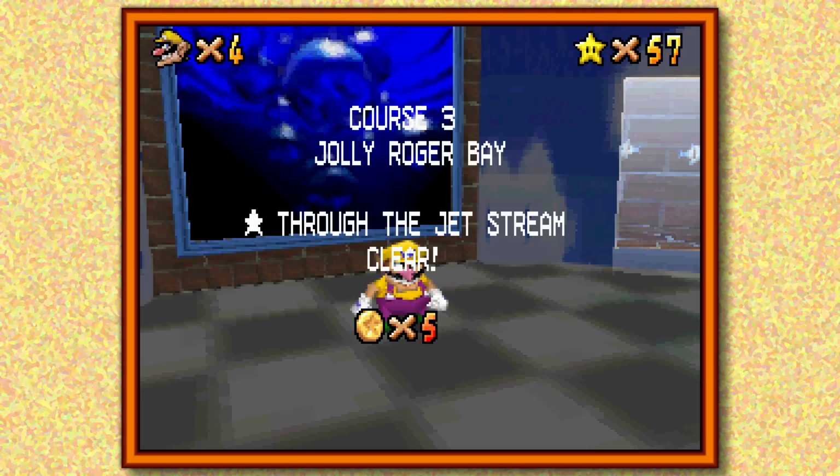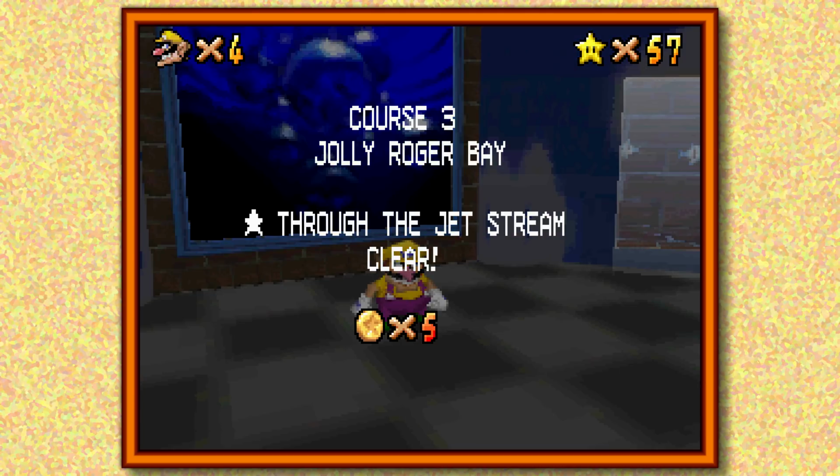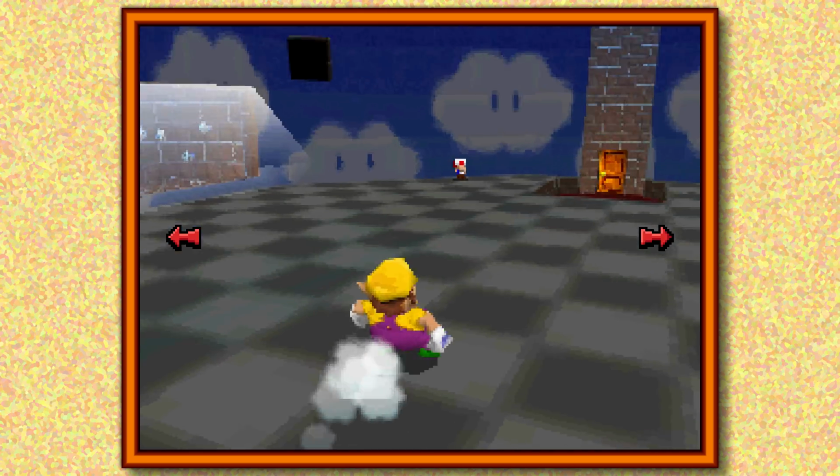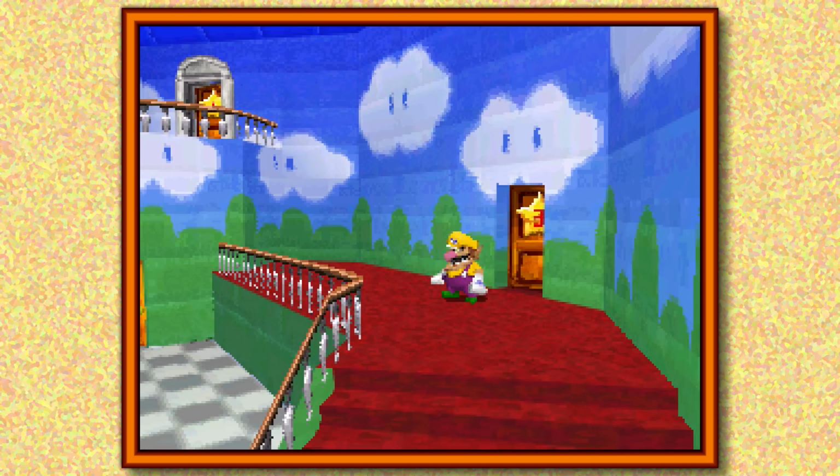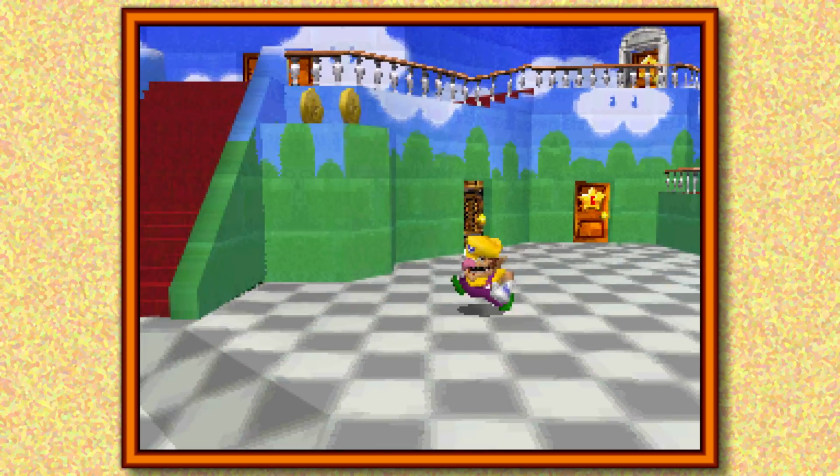So yeah, that's all there is to that one. That was a pretty easy star. We already wrapped that up pretty quickly. It's only been like 10 minutes, and we've already accomplished quite a bit. So next, I think what we'll do